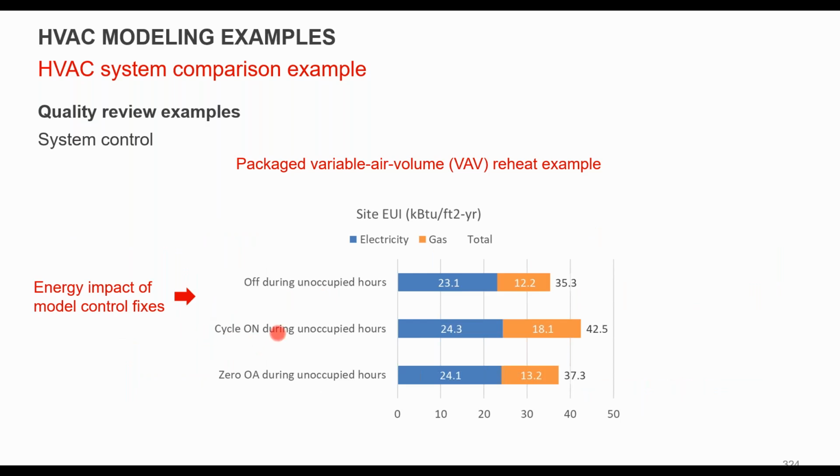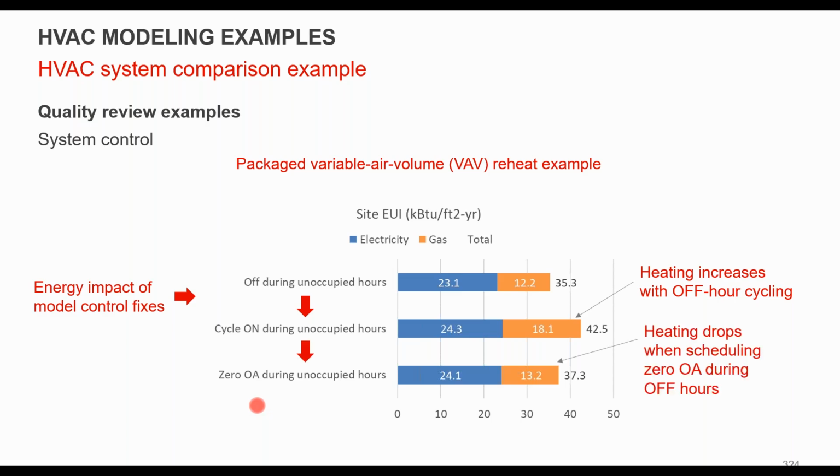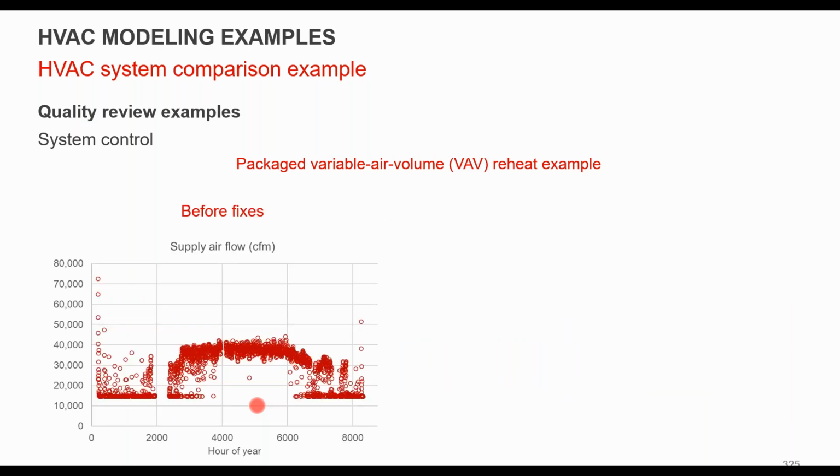Once you allow the fans to cycle on, you see that we're increasing energy use fairly substantially. Fan energy is going up, but you're also heating the building quite a bit more because you're not letting it just drop at night to whatever temperature it drops to. But fixing that outside air, turning those off at night, basically closing the dampers at night, is bringing it back to be very similar to where you had the initial results.